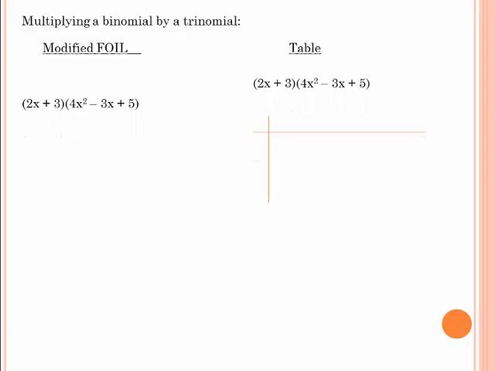Now when we multiply a binomial times a trinomial, we have to use a modified FOIL because we can no longer use the first, outside, inside, last. Or we can use the table. Now on the modified FOIL, you multiply each term in the first, multiply